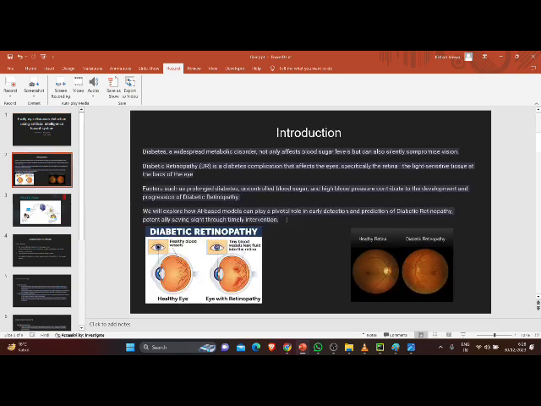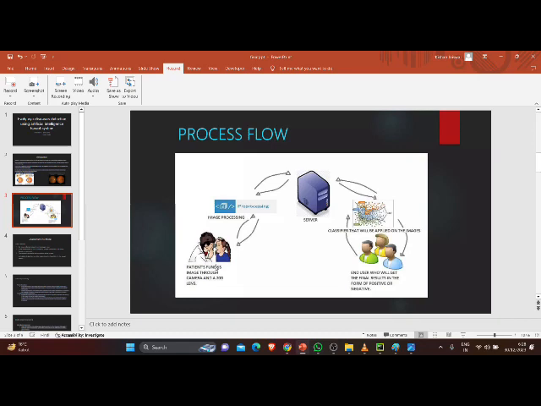The first step in our workflow is gathering the different types of sets of eye images. We have curated different datasets representing different stages of eye disease, ensuring our model learns from a wide range of cases. We will first put our image through the pre-processing steps. In this pre-processing step, we will convert our image into a standardized format, converting to grayscale and normalizing pixel values. This step ensures that our model receives consistent and meaningful input.